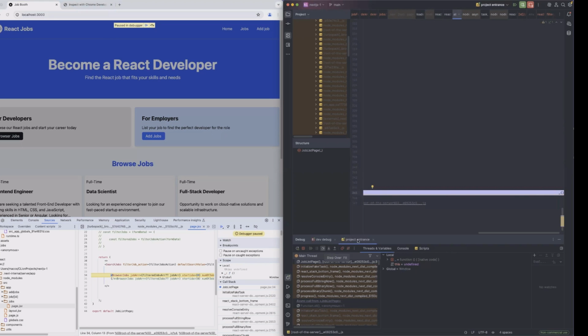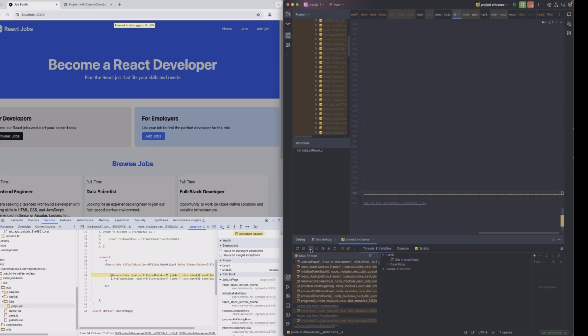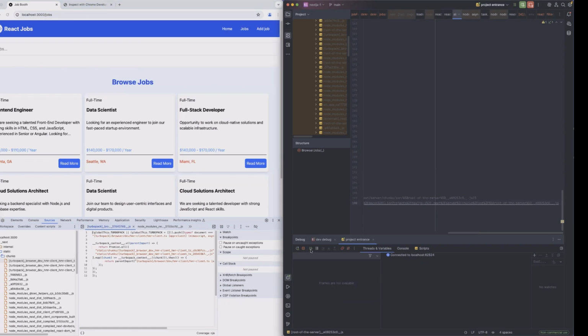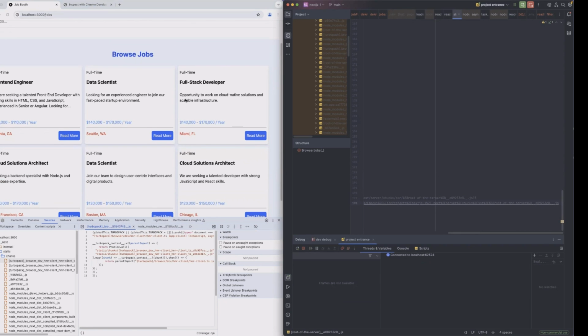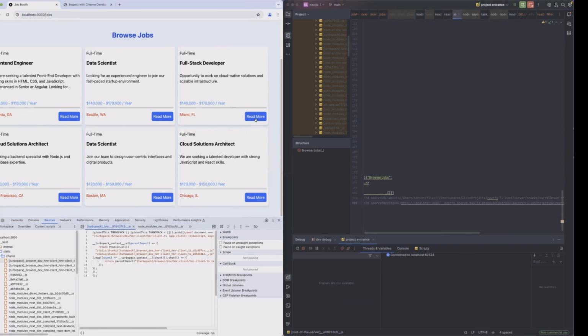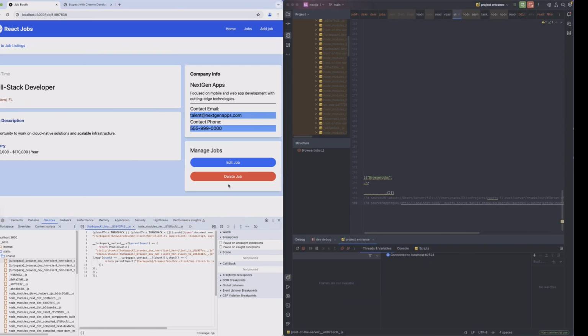Just remember this yellow panel, or yellow part, is server-side debugging, and this button is the server-side debugging controller. So you can see in the Chrome dev tool, you can see the client-side code, and it's a breakpoint. And you just hit resume, let it continue. So here they refresh the content. And then I'm gonna delete one of the jobs. So when I hit delete,